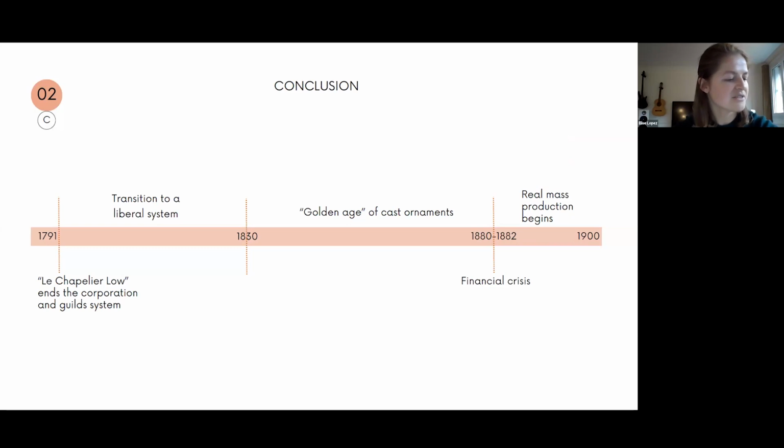So all these initial studies suggest that the reorganization of the world of frame-making took place in 3 stages. Firstly, after the Revolution, the Le Chapelier law paved the way for a liberal system with the end of the corporation. But the move toward the liberal system seemed to be gradual. Around 1830, the first mutation took place with workers and small artisans specializing, while the large companies expanded their production. It was during this period that frame-making probably reached its peak in terms of decorative richness and quality in the 19th century. Then the system stabilized until